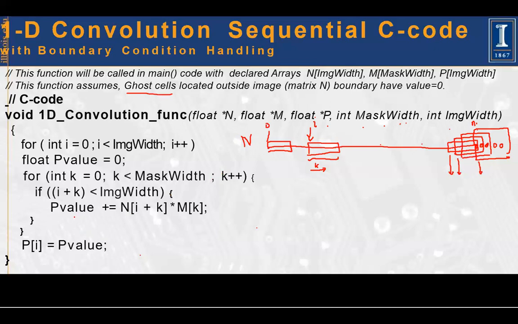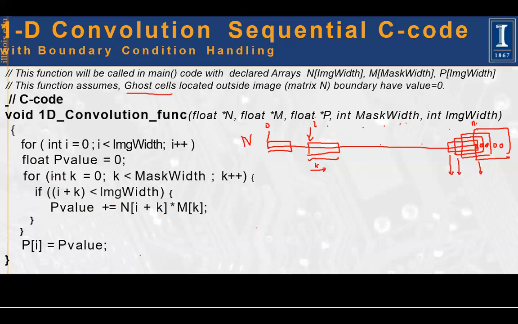And I am calculating this thing. As I said, the n[i+k] element gets multiplied with the m[k] element and accumulated in my previous value, p value. I had mentioned here, I initialize a variable p value. I'm calculating the value for p. I gave it p value as 0, and it's float type data. I place this dot product result accumulation in p value.